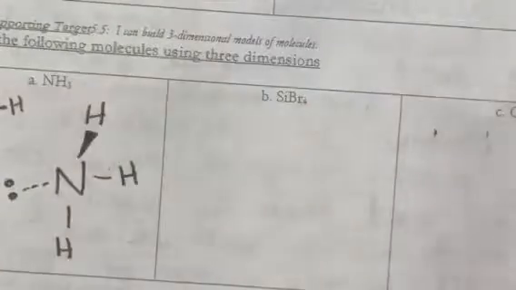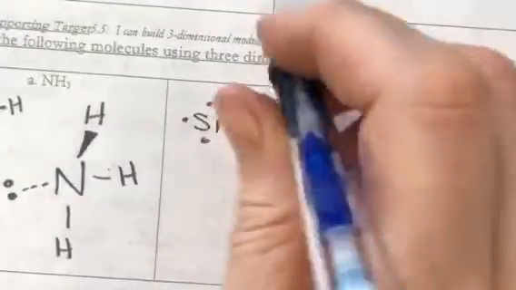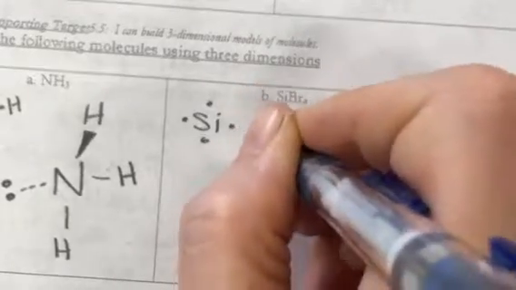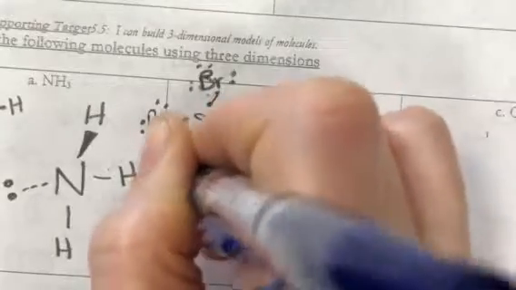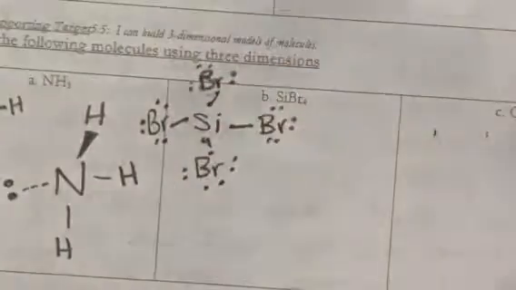On your actual assessment, it will be a little bit easier than this one. So silicon tetrabromide. Silicon has the same number of valence electrons as carbon, which is 4. You've got 4 bromines. On your assessment, I will not have ones that have so many valence electrons, so this one took a little bit longer to draw, as I noticed. So please notice we've got 4 things coming off of this silicon,